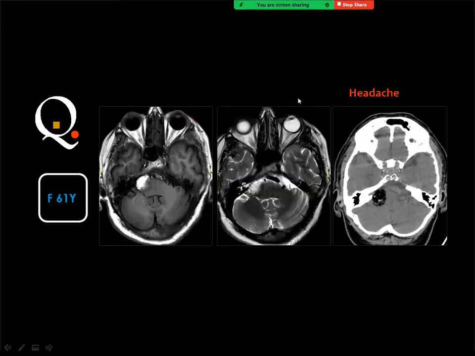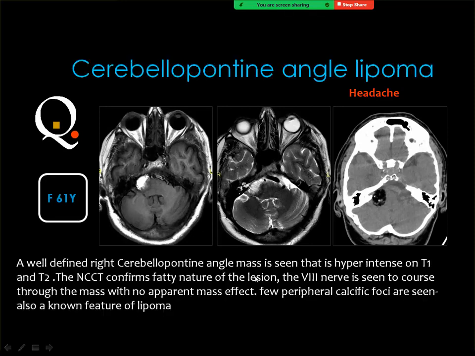Okay, then this is a fat-containing lesion. It can be a lipoma and can be a dermoid cyst at the cerebellopontine angle. Then this was a lipoma at the cerebellopontine angle, and this lesion is also, to my mind, seen in clinical practice. Although it is a benign lesion and